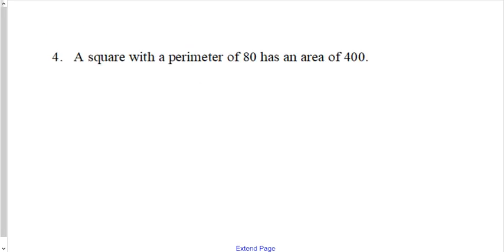And our final true and false question says a square with a perimeter of 80. Oh my God, I got a lot of you with this one. Has an area of 400. So first thing you would do is what? Any question? First thing you want to do is what? Draw it. You're going to draw a square, and you're going to say the perimeter equals 80, the area equals 400. Is this true? Well,